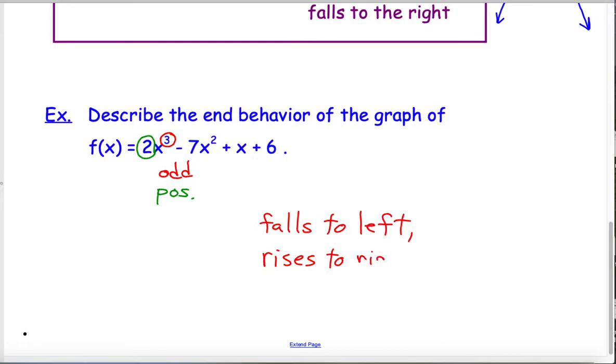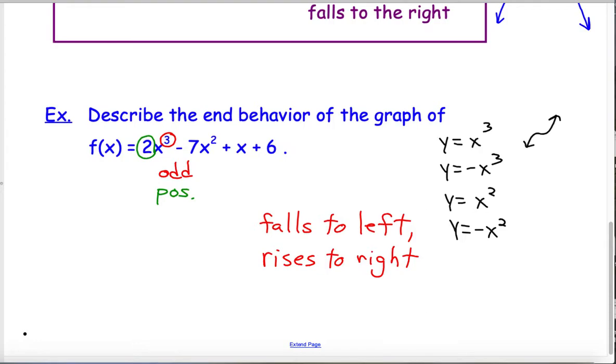And that's it. That's all you need to know. So if you can remember y equals x cubed and y equals x squared, and what happens with those, and then if you put a negative in front of them, that basically will tell you everything you need to know. y equals x cubed, y equals negative x cubed, y equals positive x squared, y equals negative x squared. So if you can remember what those graphs are,